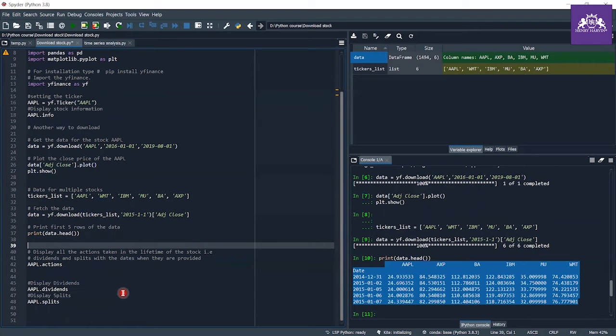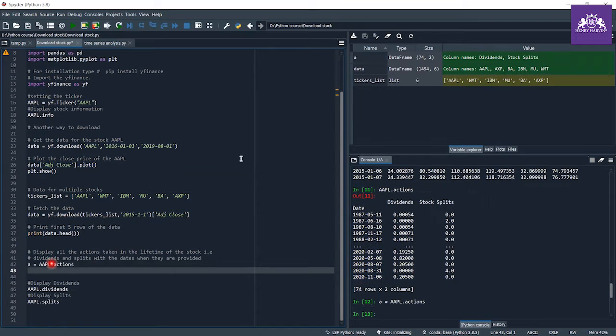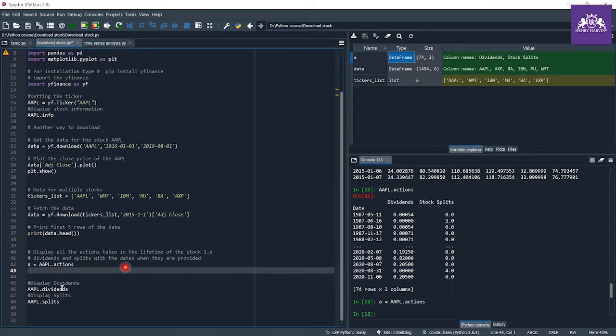Now next, display all the actions taken in the lifetime of the stock, that is dividends and the splits with the dates when they are provided. By typing aapl.actions, you get the dividends and stock splits and all of its data. You can save it to a variable, and you can see it's all about the dividends and the stock splits.